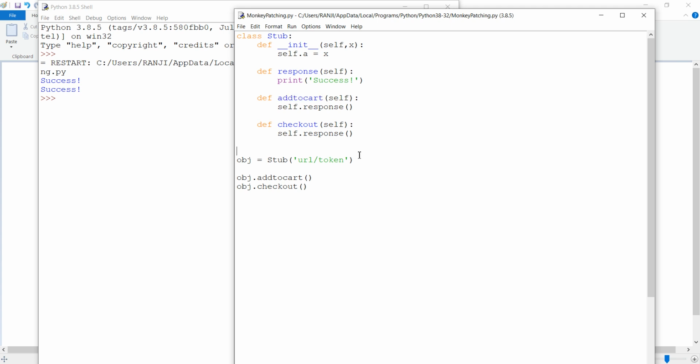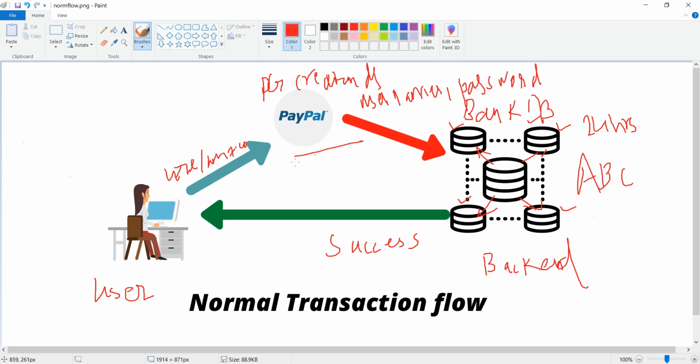Now assume that while doing this, something bad happened and our server failed or there is downtime. The user is doing real-time browsing activity, and especially in this scenario, the payment gateway, it is very crucial.